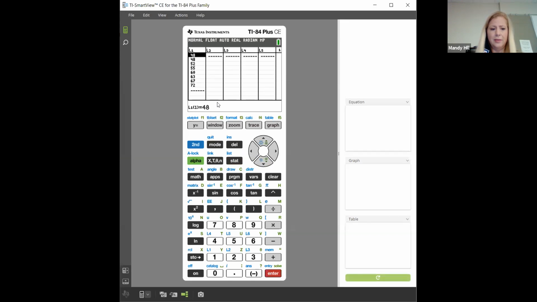We do want to edit this list. Now, I already had some things in my list, so you can use your arrow, scroll up, then hit clear and scroll down, and it'll clear that list out. So you highlight the L1, hit clear, and then hit down, and it'll clear that list out for you. So we want to type in 47.7, 48.2, 48, and